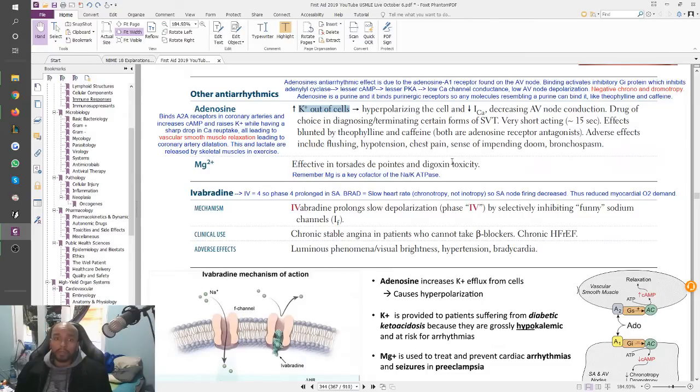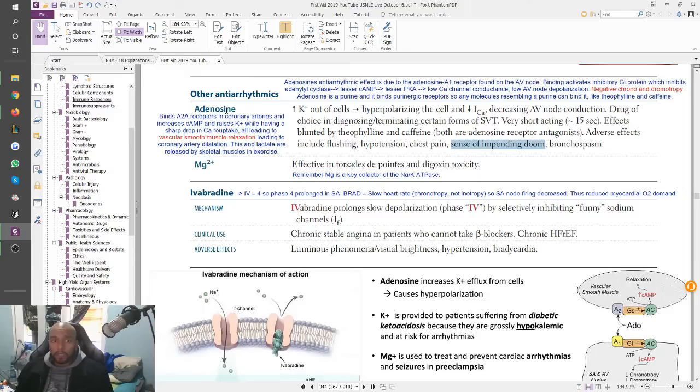And people who have theophylline or just had caffeine, just drank coffee before taking adenosine, are not going to see the effects of adenosine because adenosine and caffeine kind of both compete. All right. Adverse effects are often tested for adenosine also. So there's this cool feeling of sense of impending doom. So after taking adenosine, you could feel like you're about to die. Right. So it's a very short-lived side effect that occurs. Very interesting thing. Not really high yield, but it can pop up.